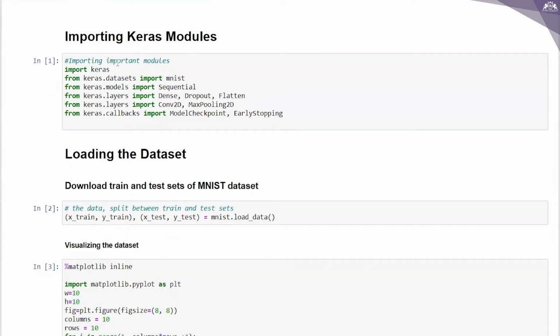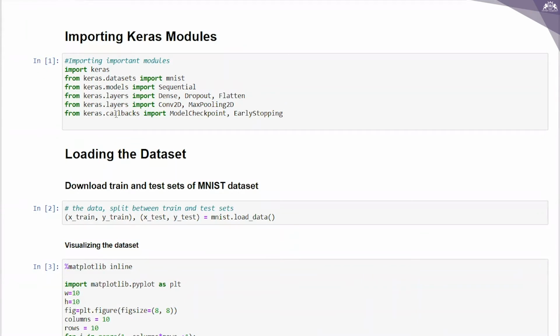So the first step is importing Keras modules. Import keras, from keras.datasets import mnist. From keras.models import Sequential. From keras.layers import Dense, Dropout, Flatten. And then from keras.layers import Convolution2D, MaxPooling2D.